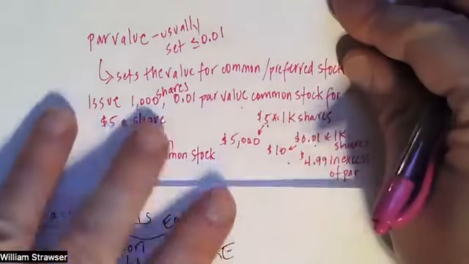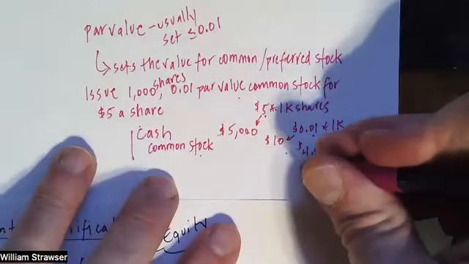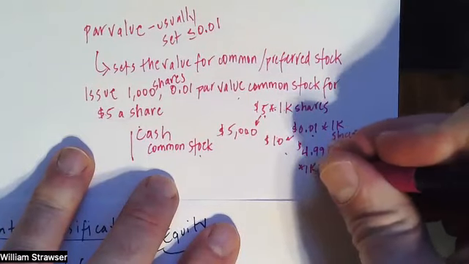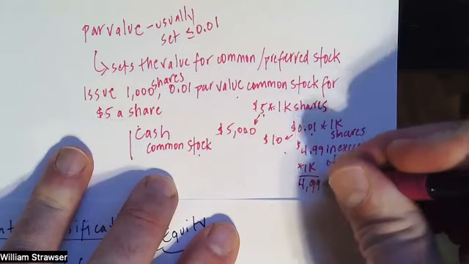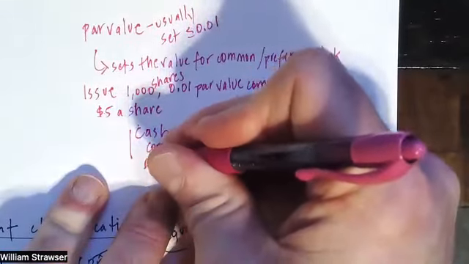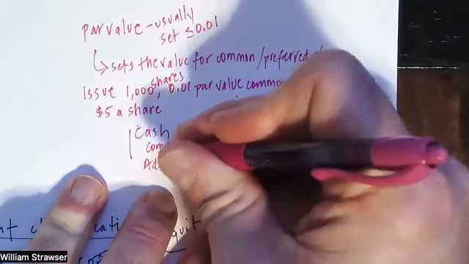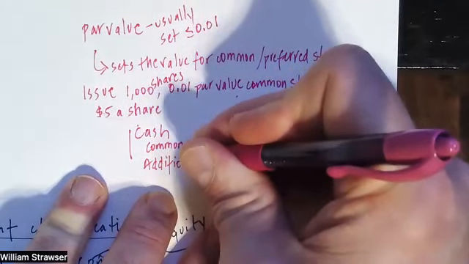And then we take the $4.99, multiply it by 1,000 shares. And that's $4,990. And that's my APIC, and I'll spell it one more time because someone got into advanced accounting and they didn't